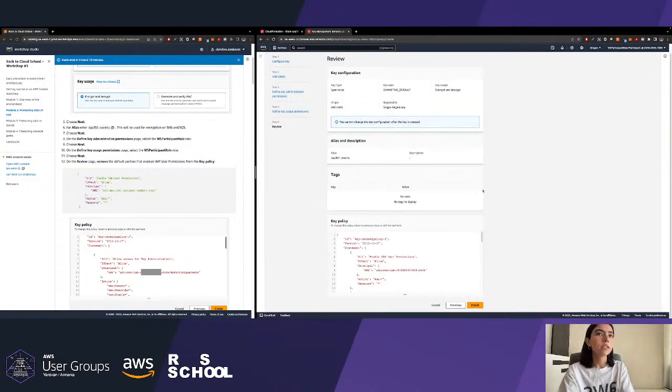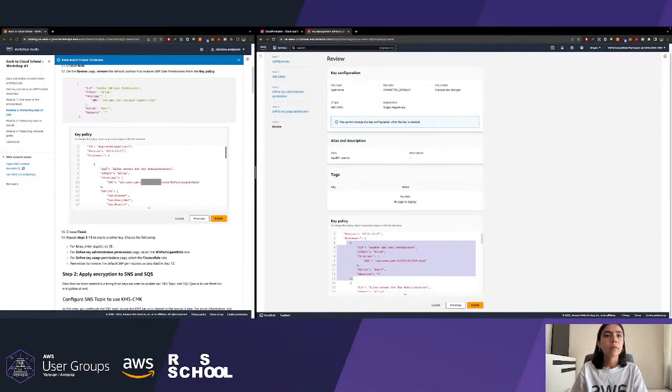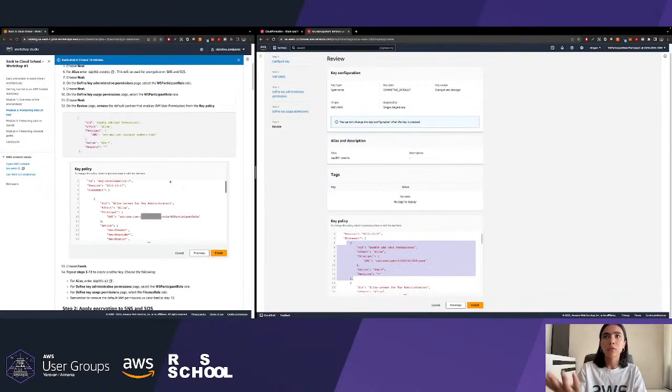And here you can see that we have the key policy, the main part of this thing. Here we have statements. The first one is about a root user, that every action is allowed on the KMS, any kind of resources, but I suggest removing this, and you can see that it is also suggested by the documentation of the workshop itself.